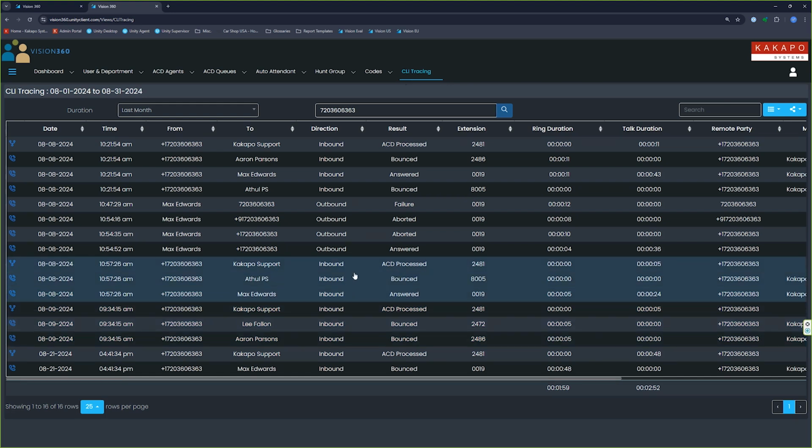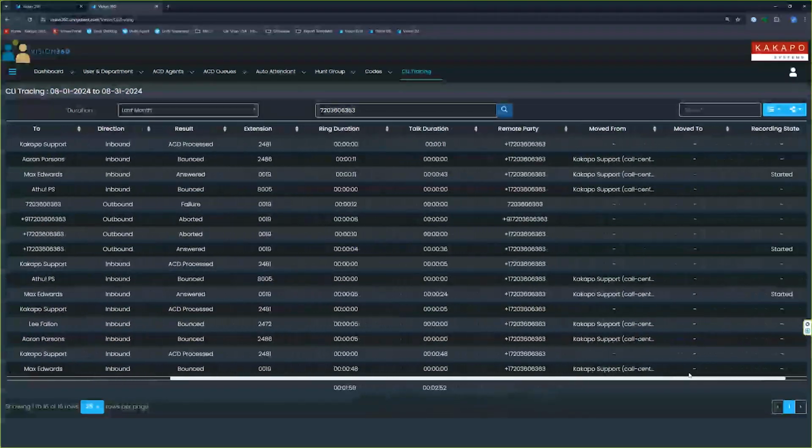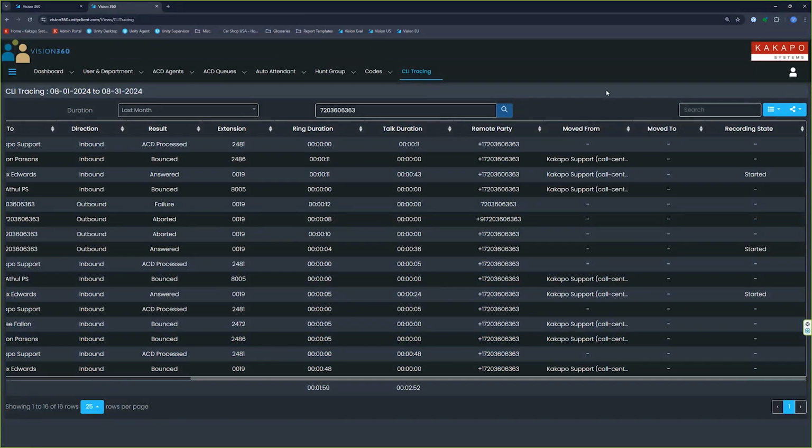We can see here, same thing. This was a call that went into Kakapo support, which is a call center. It bounced off Athel, but then it was answered by Agent Max Edwards. It rang for 5 seconds on Max's phone, and then he spoke to the agent for 24 seconds. My apologies. If we scroll over to the right here, we'll see even more information, such as move from, move to,